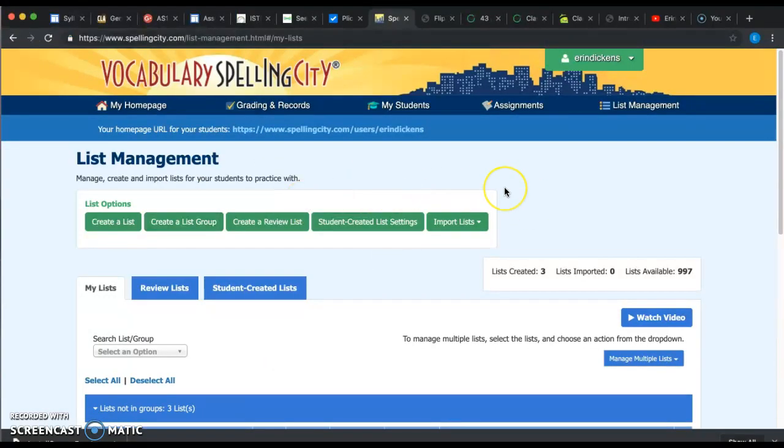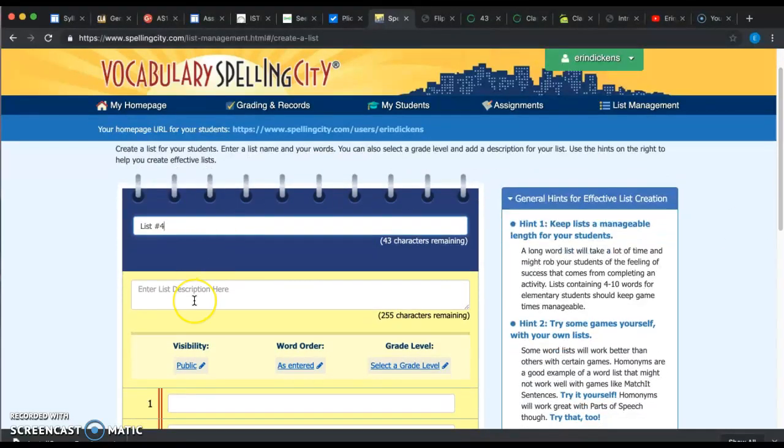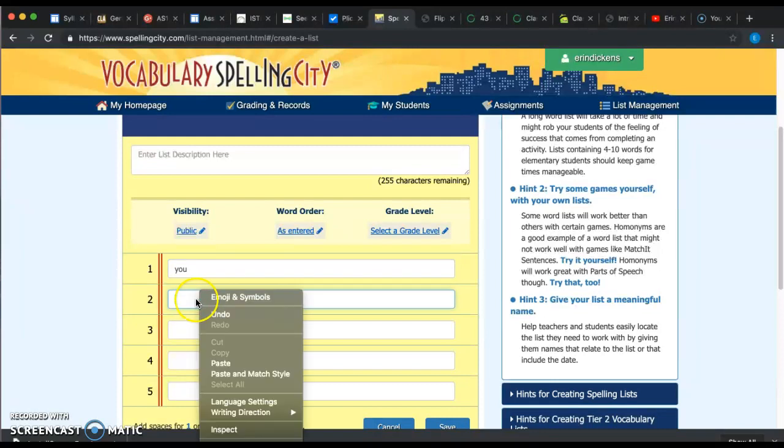Then this is the page I'm met with, and then I'm just going to quickly and easily create a list. I'm going to name it list number 4. If you want to, you can go right here and enter a list, maybe a date for parents to easily see. Maybe this is week 2 list, and you can put the dates so that it's easier for parents to find. I'm not going to in this case, but then you can just go in here, type in your words. I'm just throwing some in really quickly,